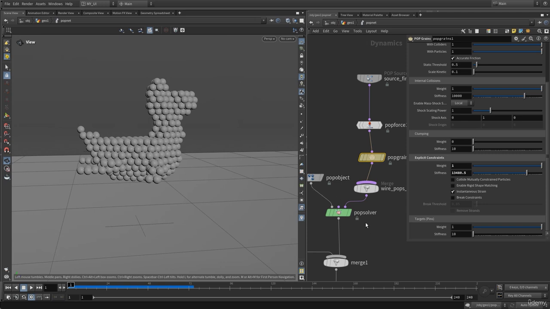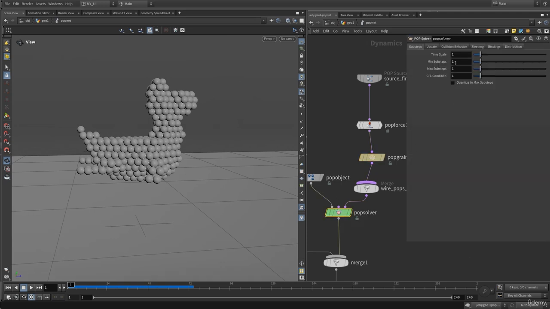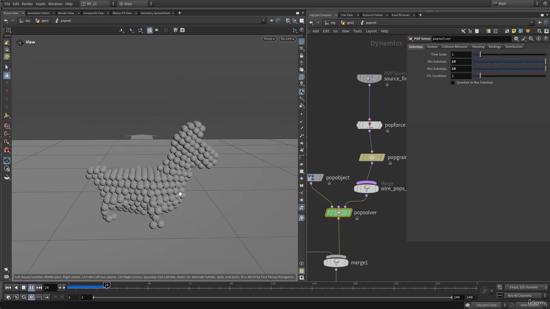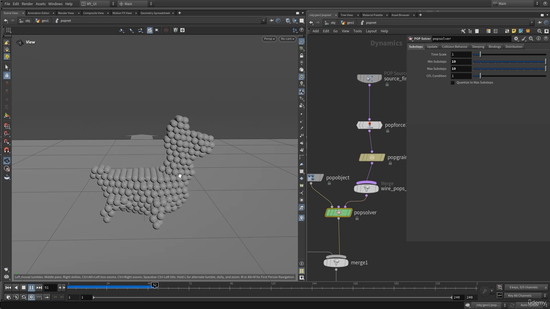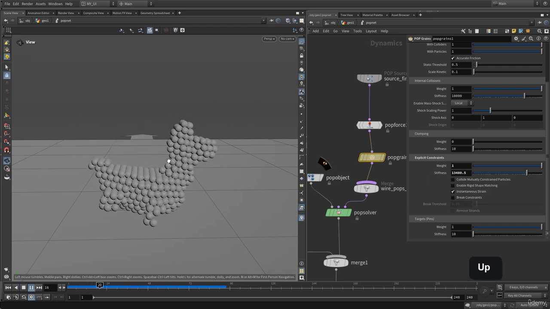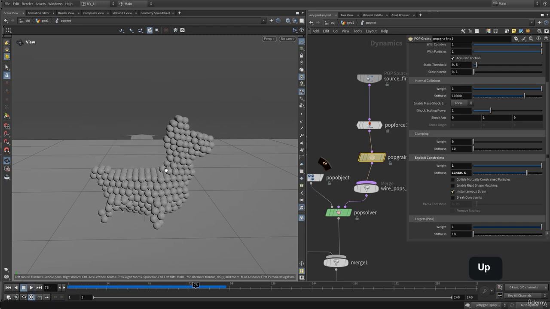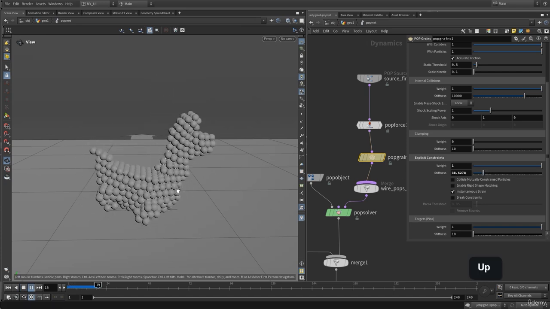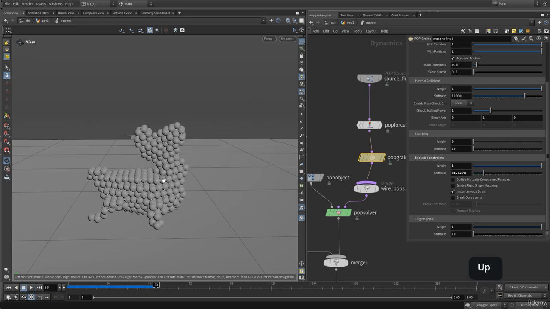as you know, by default we are working with very low substeps. And let's increase the min and max substeps. I'm going to increase them to create a better simulation because we are adding more substeps. And let's hit play again. And now here you can see we have the simulation, and now this simulation looks completely different. Let's go into the pop grain, and in here that is the stiffness that is making these stiff constraints. If I were to lower the stiffness value, and let's hit play again,